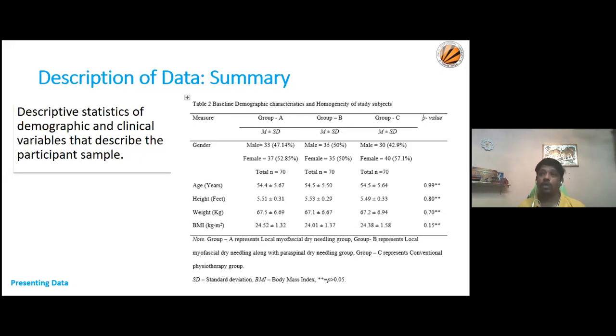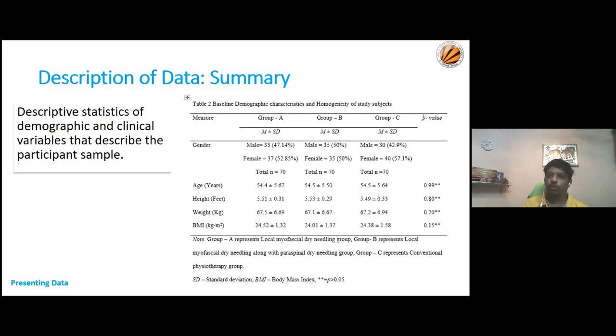For example, I want to study the ultrasound on tennis elbow along with, say, Mulligan mobilizations. So one group has ultrasound with the Mulligan mobilizations. That's your experimental group. Your control group is another group where you just use your Mulligan mobilizations. So in order to differentiate, in order to provide the baseline data, each participant should be